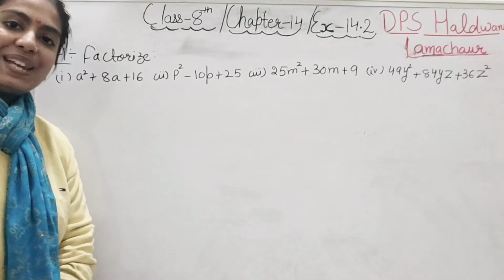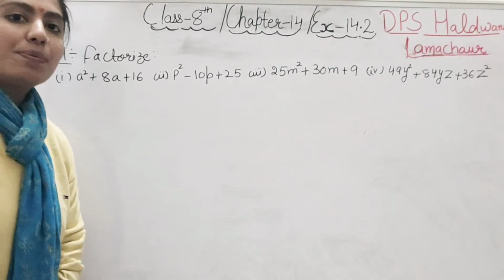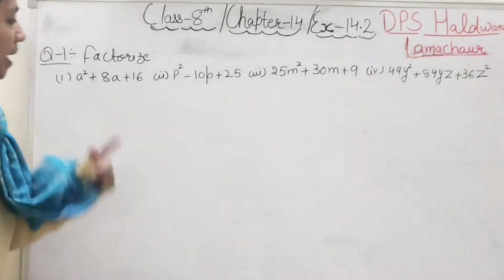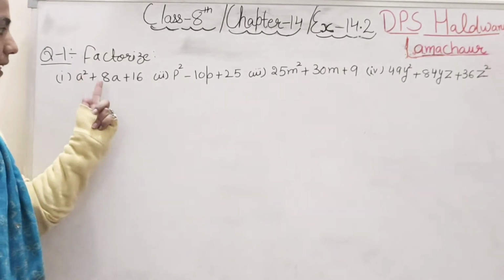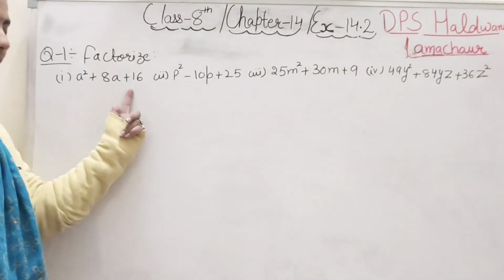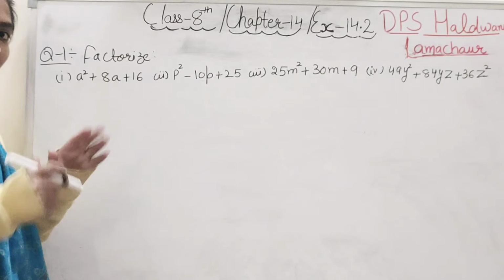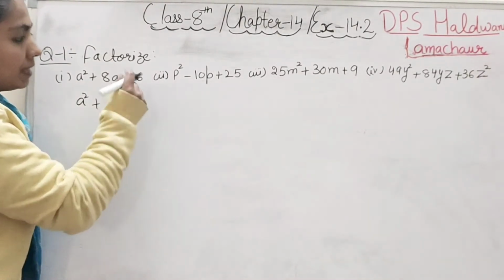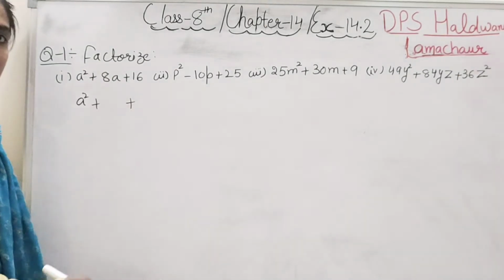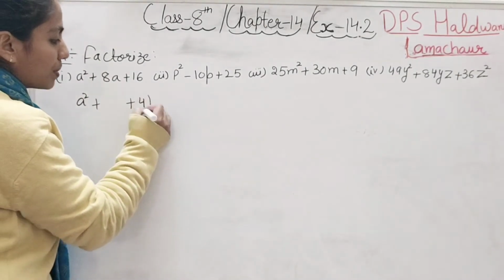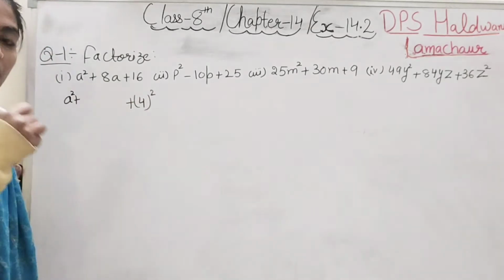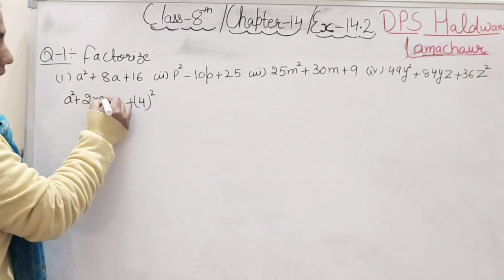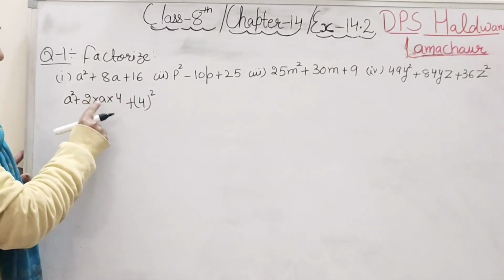Let's start. Now coming to question number 1, students. Question number 1 is factorize. Again, it means you have to make the factors for the given term. The very first part, a square plus 8a plus 16. See, students, it's a quadratic form, and first of all you can see whether the constant term is making b square or not. Yes, 16 is b square, that is 4 square. And 2ab, a is a only and b is 4, so 4 twos are 8a.